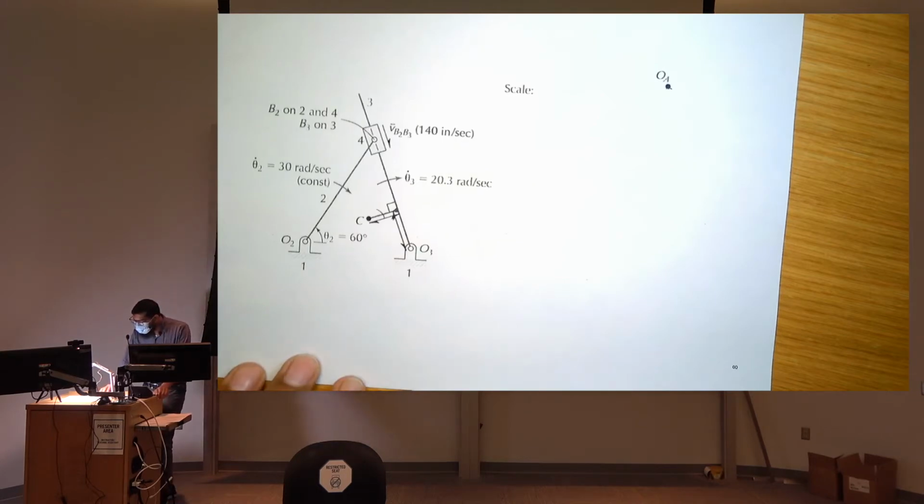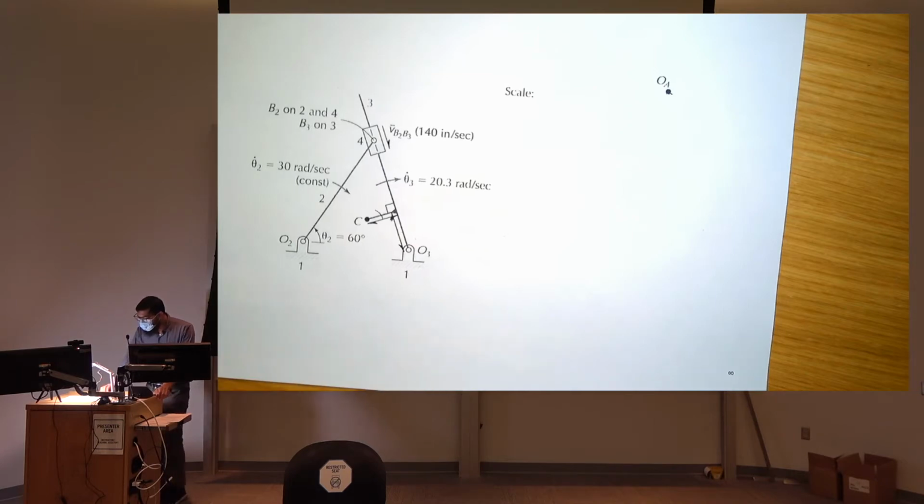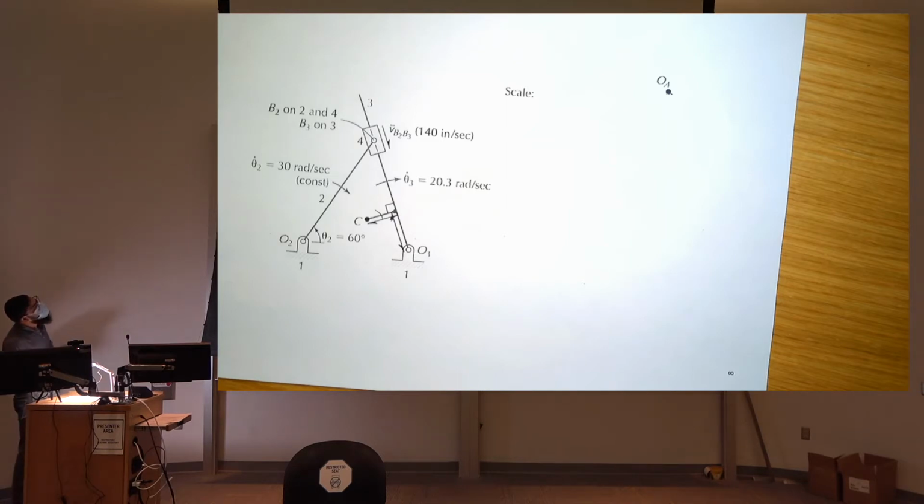We have been given an input, that is link 2. So we will be starting with that, and the most important concept that we will be using in today's acceleration polygon is the one which was covered by the Professor yesterday, like a slider on the link 3 that you have. There we're going to stumble upon Coriolis. In yesterday's lectures, the Coriolis component was 0 because it was just a plain slider. But in this case, the slider, the link 3, is also rotating in the direction shown. So we will definitely have a Coriolis component for the slider that is shown on the link 3.